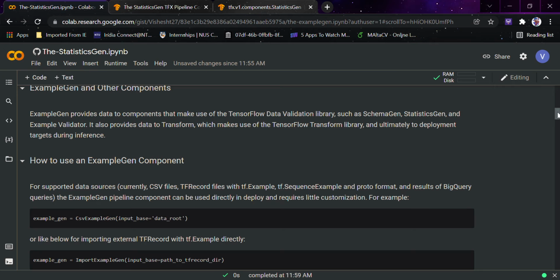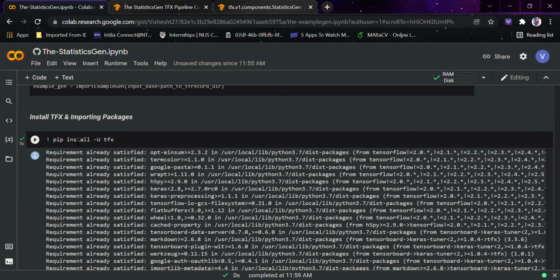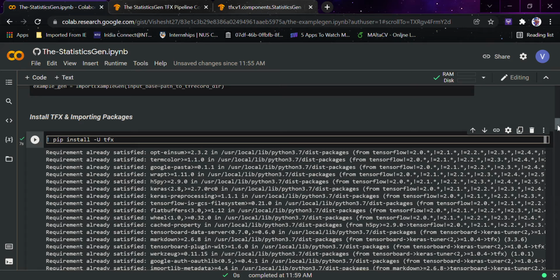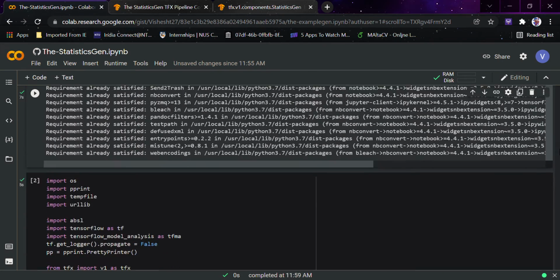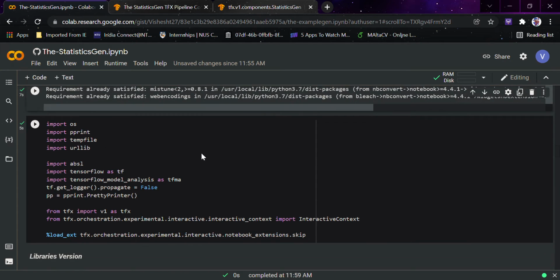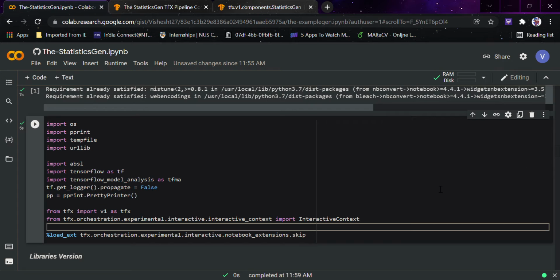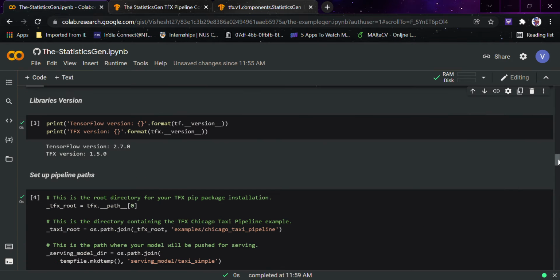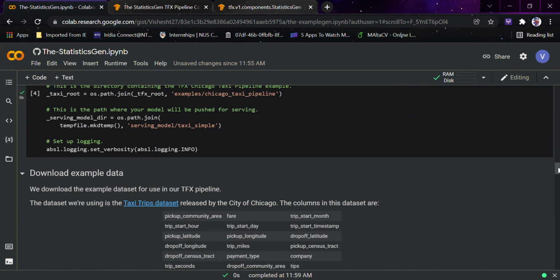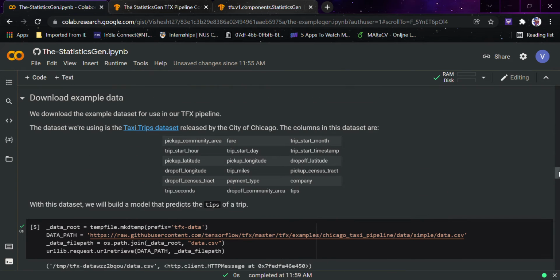I will give you a brief of the previous video. We first installed the TFX package, and once you have done that in a Colab notebook, please restart the runtime, because that is how Colab notebooks reload the variables and the installed packages. After that we imported everything, set up the pipeline and downloaded the data. If you want to see a detailed view of the data, go and watch my previous video.